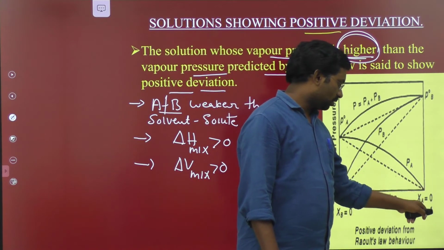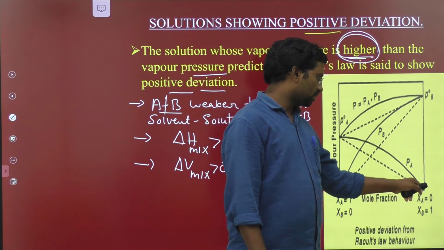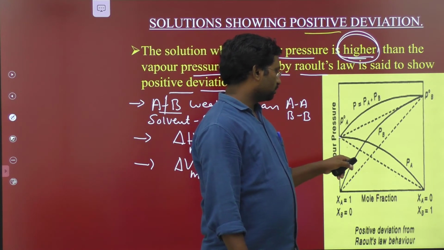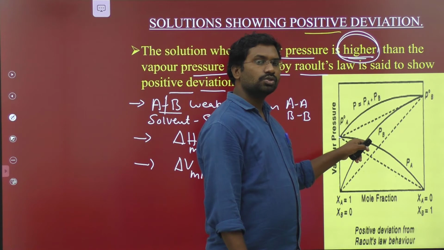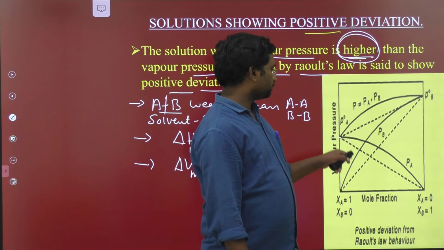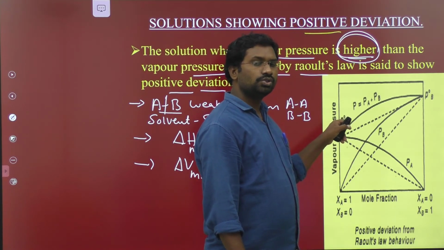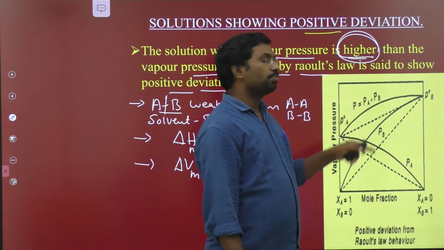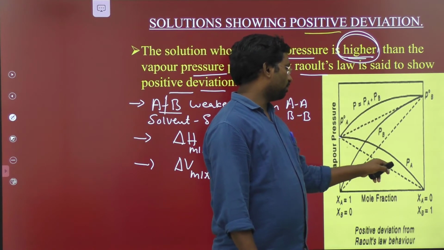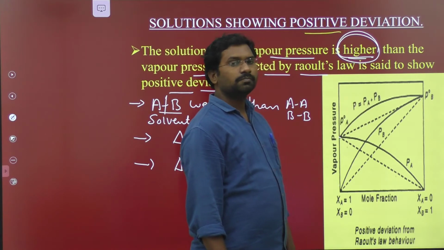And come to the second component, chi B. Chi A is equal to 0, chi B is equal to 1. For this second component, this is the curve for vapor pressure. To increase the vapor pressure of the given solution, we have to draw an upward curve. Therefore, the resulting curve, the vapor pressure possessed by the solution, indicated by P, is equal to PA naught plus PB naught. This is the resulting curve from component A and component B. P is equal to PA plus PB.